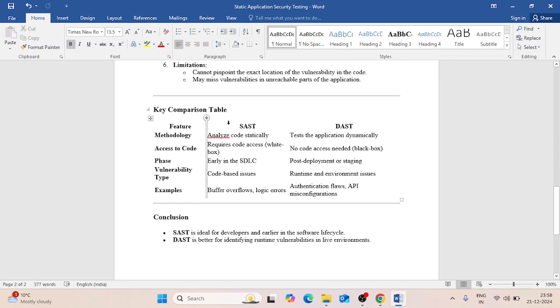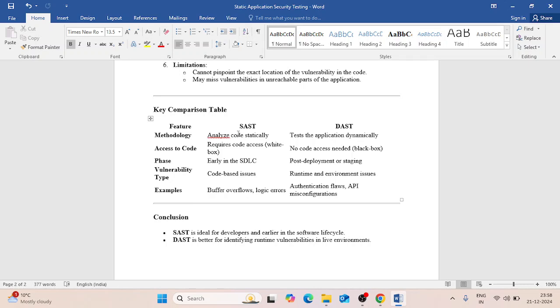Here I have made a table for you so you can easily understand the difference between SAST and DAST. In this video I have covered all the things about SAST and DAST basics. Now let's come to the differentiation. The methodology: SAST analyzes code statically, while DAST tests the application dynamically. Access to code: in SAST, code access is required.